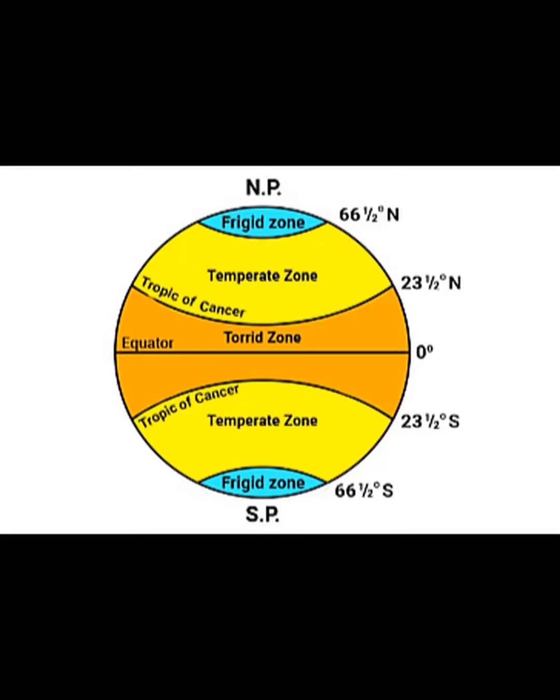These zones are called the torrid zone, the 2 temperate zones, and the 2 frigid zones. The torrid zone is very hot since the sun shines overhead here. The temperate zones maintain a moderate climate and the frigid zones are extremely